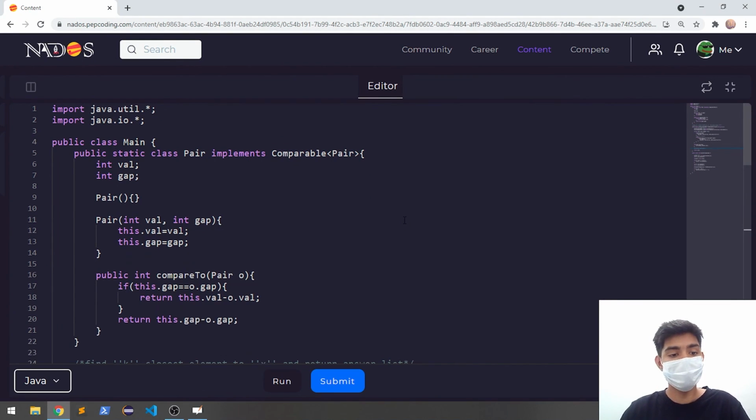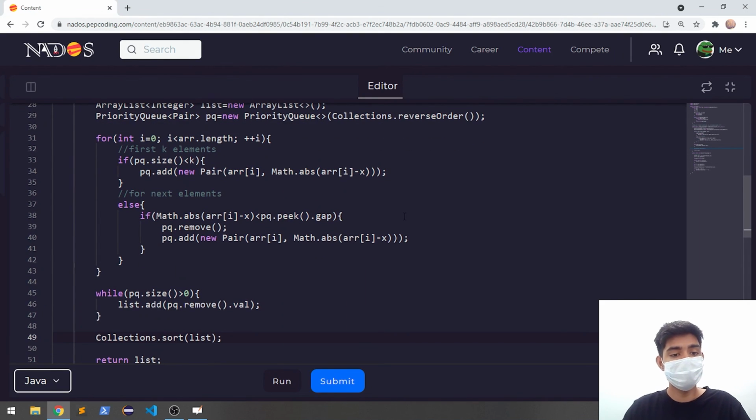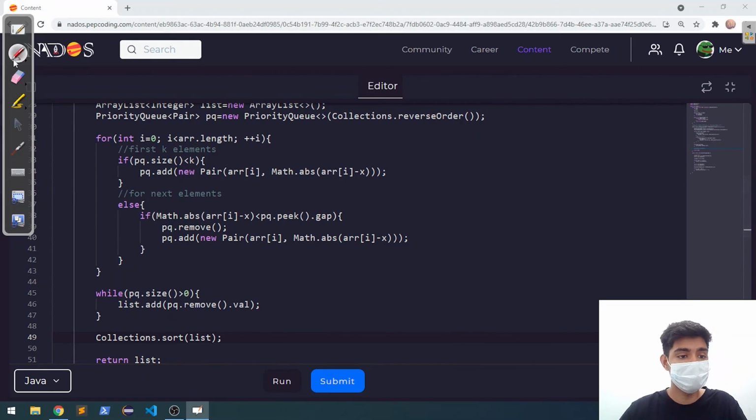I hope you understand this part. Now, let's say what is going to be the time complexity. Okay, let's also discuss the time complexity for this question. Here you can see that for any operation in a priority queue for n elements,